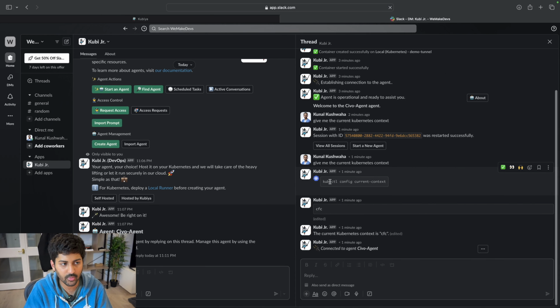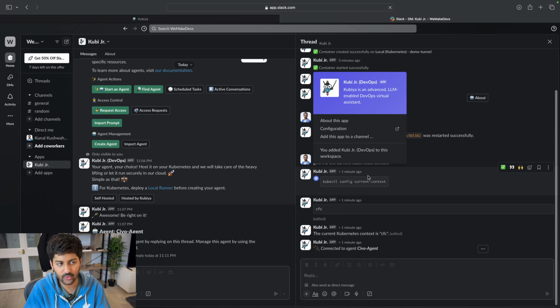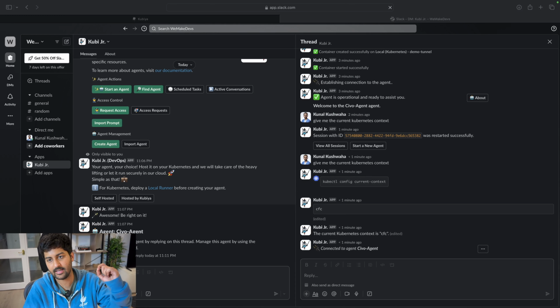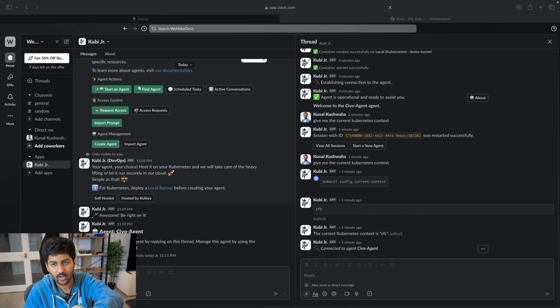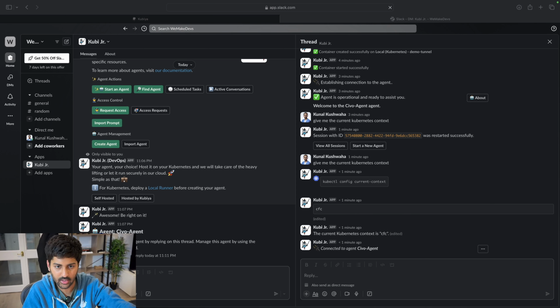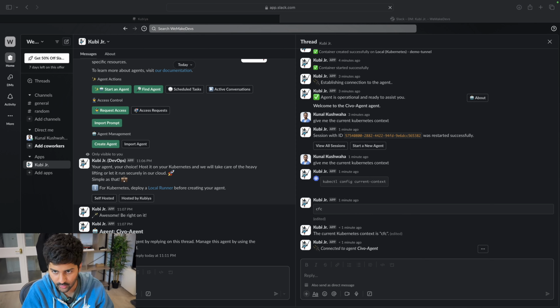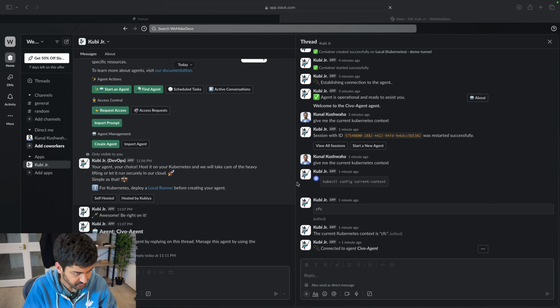So if you want to run a kubectl command via QBR, you have to make sure you can run it within agents. That is to have a self-hosted agent on Kubernetes. Okay, so that's what we do over here, and we can do a bunch of things with Kubernetes now.